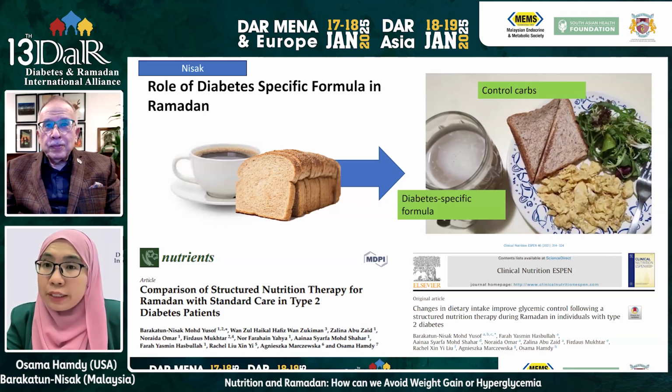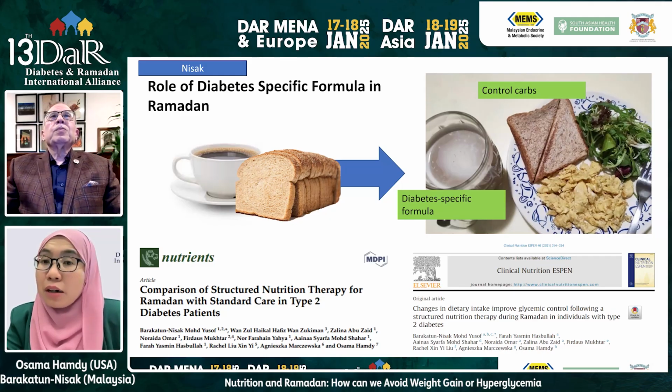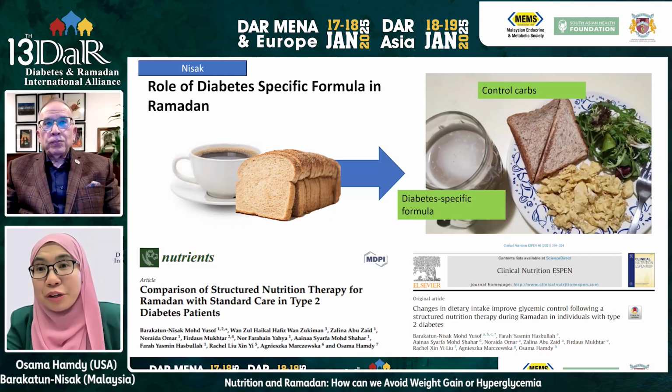This formula provided a complete balanced meal, which has been specifically beneficial for patients who are struggling with dietary adequacy. As we know, we have a lot of evidence during non-Ramadan fasting, and this is perhaps the first evidence that we showcase. The result is remarkable. You may also agree with me. So if we can go to the subsequent slide,